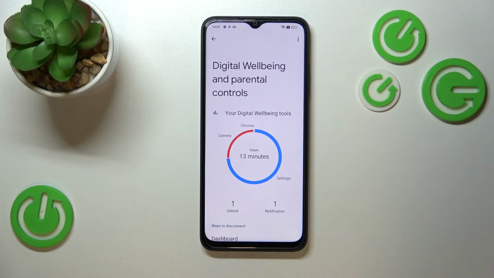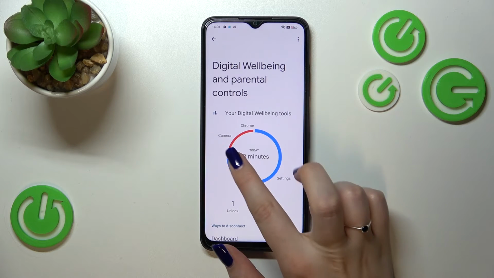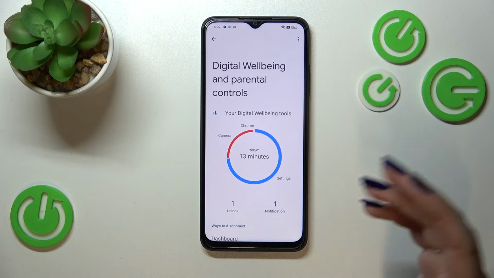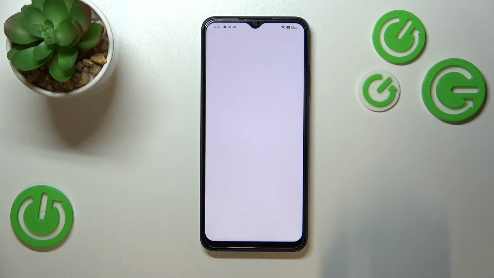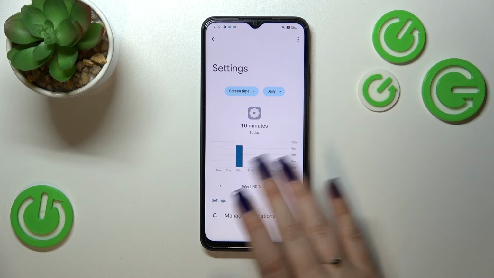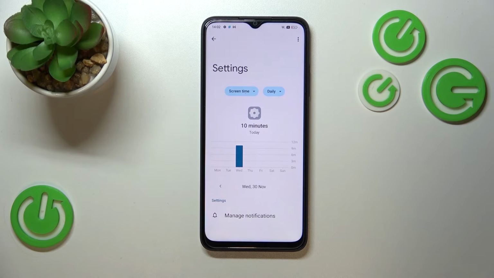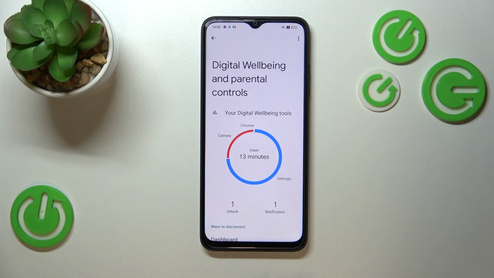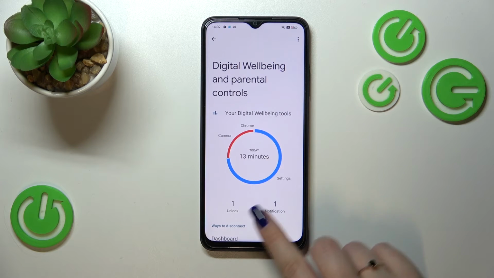And the second way to check some details is to tap directly on the app. So we can pick Chrome, camera, settings, or any other app you've got here. So just tap on it, and the same situation, your device will show you the graph, but this time it will be tightly connected with this particular app. So basically this is how to check the